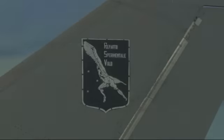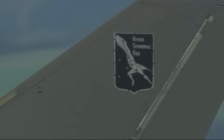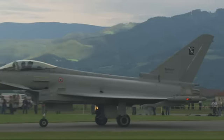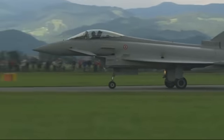In Italy called Reparto Sperimentale Volo. After the C-27J that you saw at least 1 hour ago, it's now time for my colleagues, Major Alessandro Scaburri, test pilot as the other guys of the C-27J, to bring the Eurofighter, the F-2000 Typhoon, in the air for